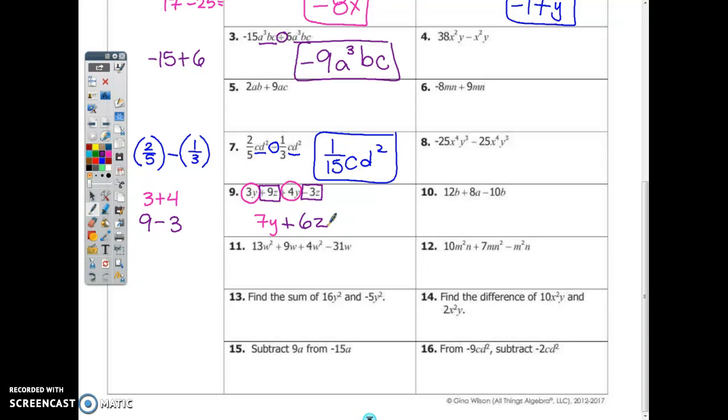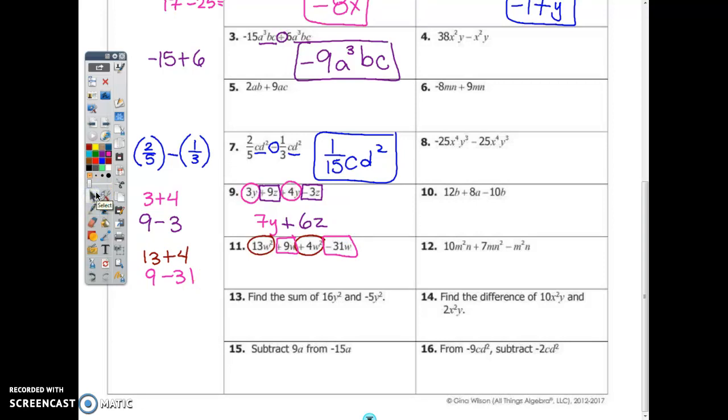Let's do problem number 11. Which two look alike? The 13w squared and the plus 9w squared, right? So this goes with this. And I circled the plus in front of the 4, so you know that we're adding. So it's 13 plus 4, right? That's going to give you a number. And then we're also going to do the 9w minus 31w. So 9 minus 31. So I want you to do that in the calculator